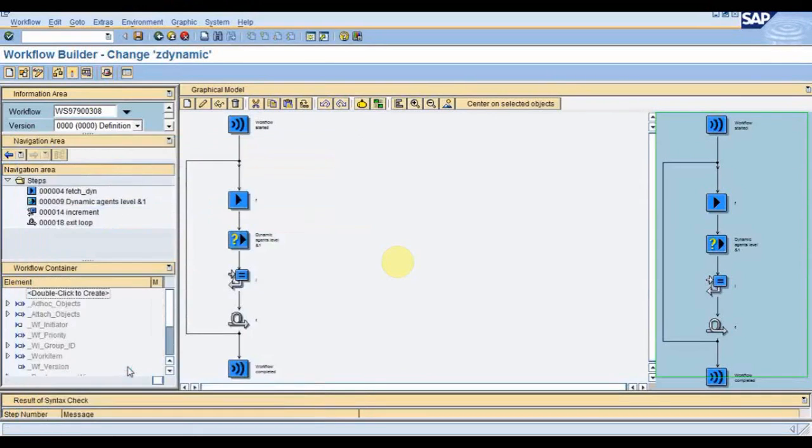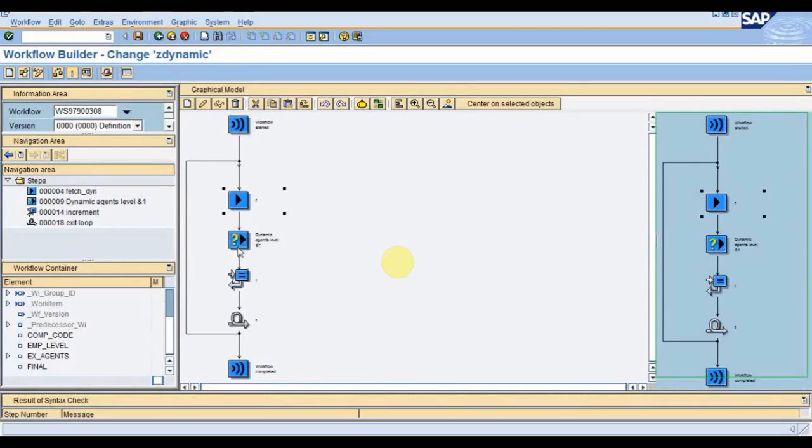So now what will happen, we have two values. First is company code, and in level we have suppose 1, and in company code we suppose have 9000. So for 9000, this step will get executed, and it will ultimately execute the underlying method, where two parameters are passed, and in that method, based on these two parameters, I am fetching the agents from the database table. So these agents are populated in this activity step, and it is returning to the workflow and populating those IDs in the XAgents variable.